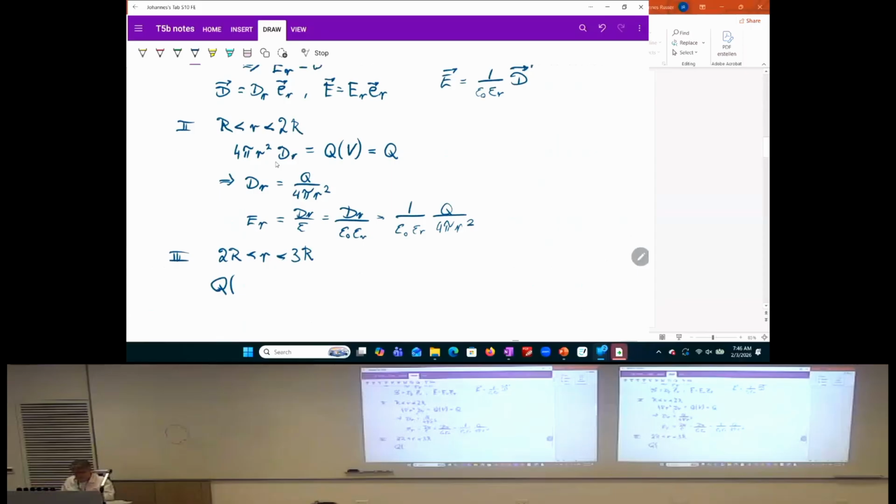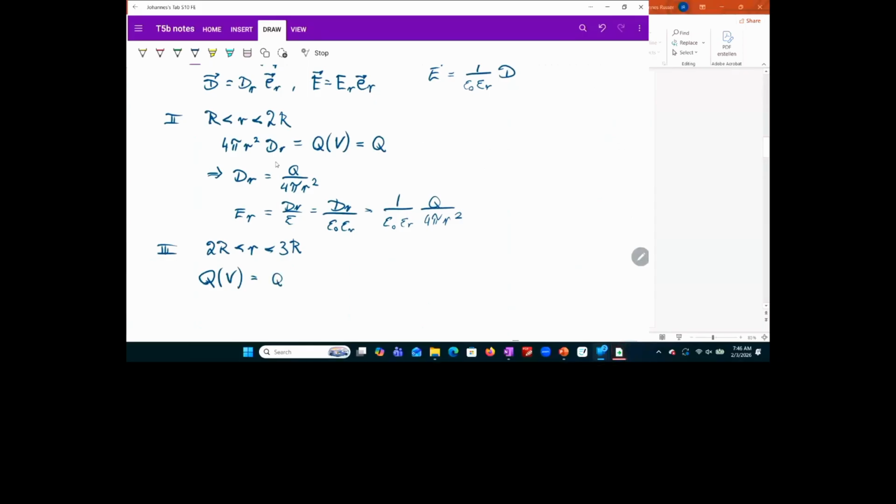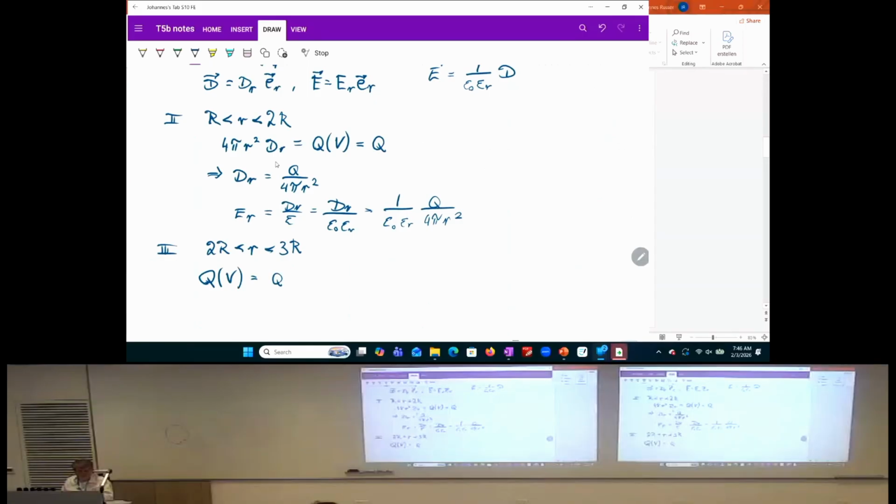So what is now captured in our control volume is a charge Q of V again. That is still the charge that has been on the surface of the sphere. This is basically from the metal sphere that is at the boundary of region 1 and 2. There was no contribution to the charge as r became larger than the capital R. So right at capital R, there was a contribution, but then we had no further